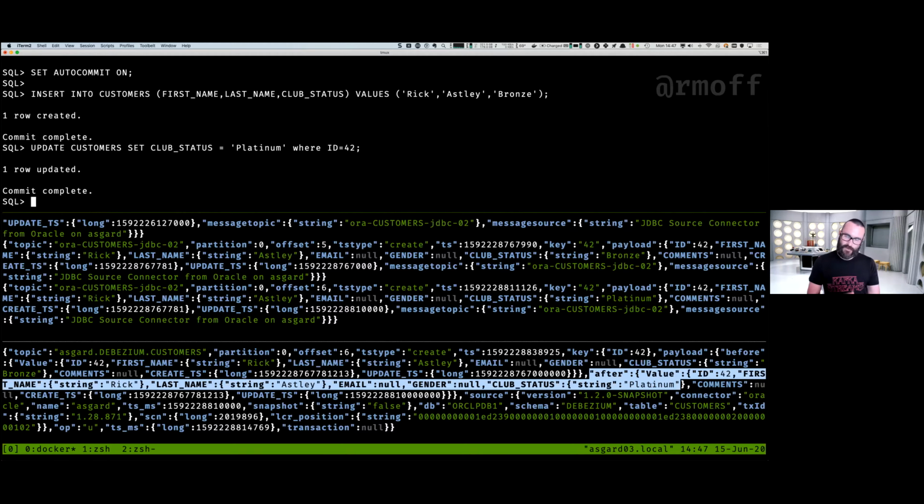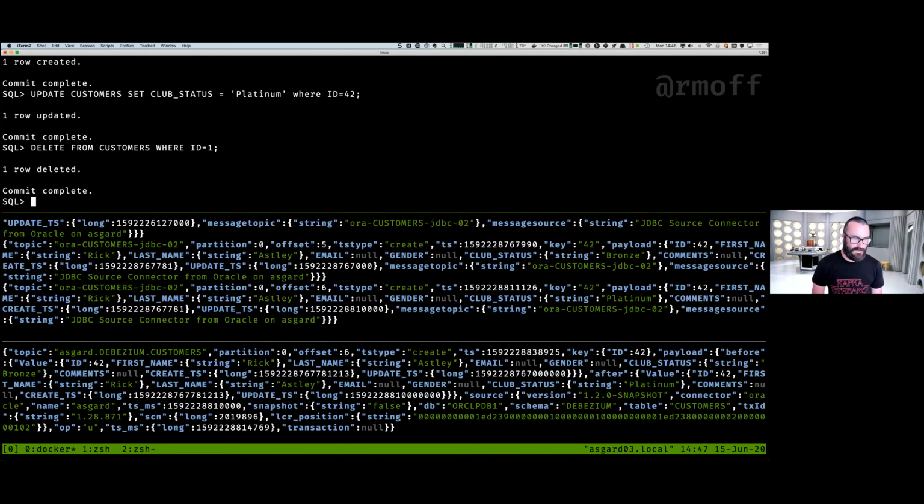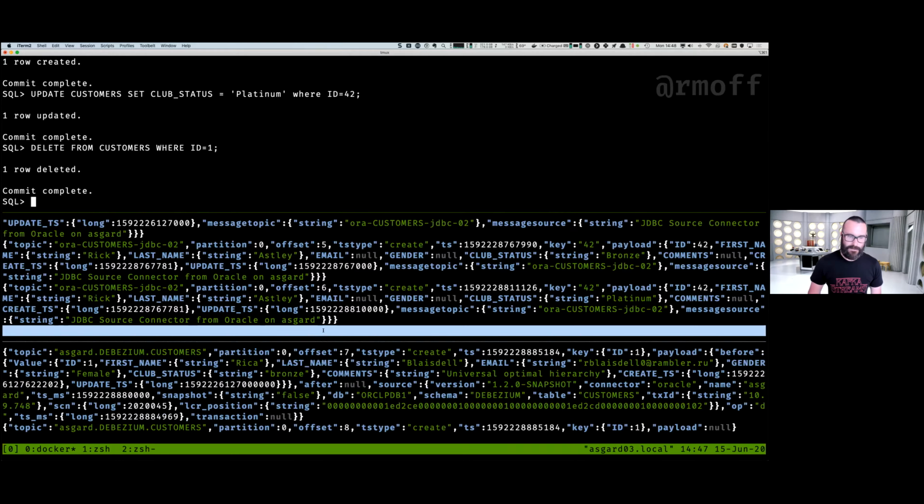What did it look like beforehand? What did it look like afterwards? And then we go along and we say, well, let's delete something from this table. So we delete one of the customers, and the JDBC one looks like this. Well, it looks exactly like this because the JDBC one can't capture a delete. If you go to the database and say, select all records that don't exist anymore, it doesn't really make a lot of sense. And it's Oracle, there's clever things you can do with flashback and stuff like that. But here we're just dealing with a bog standard JDBC connector.